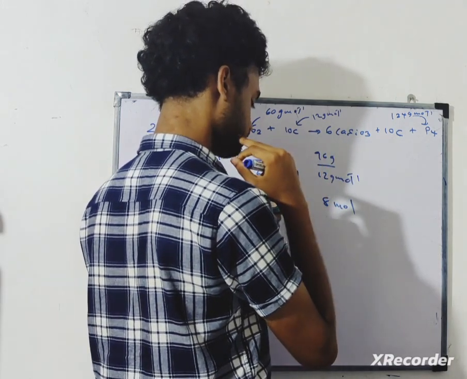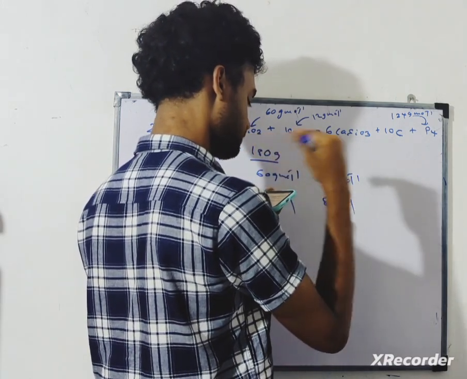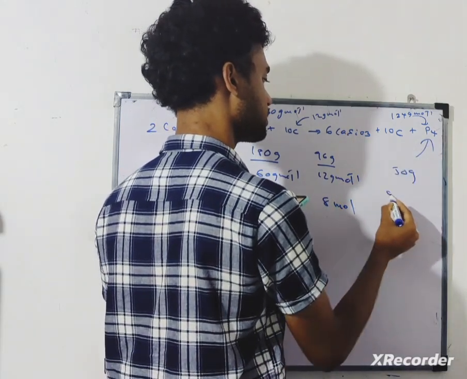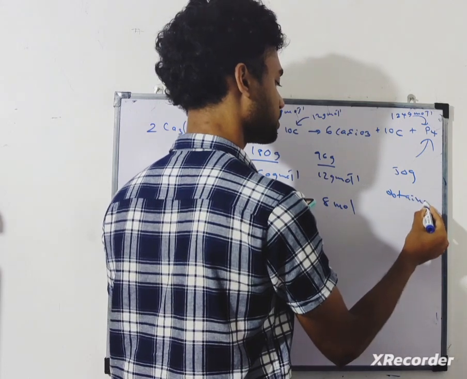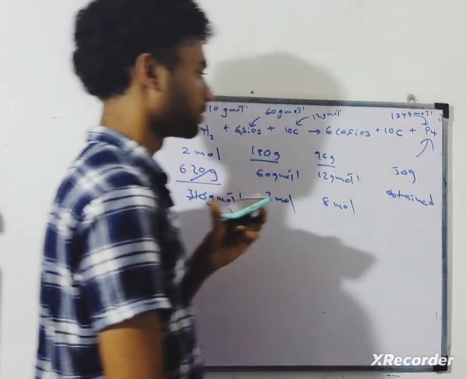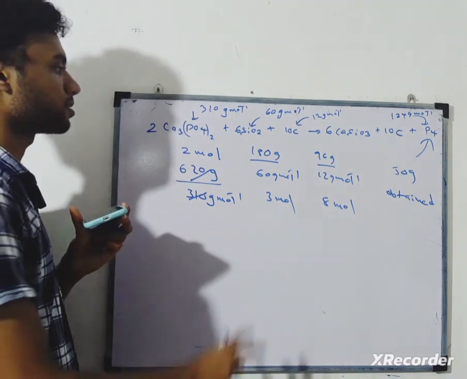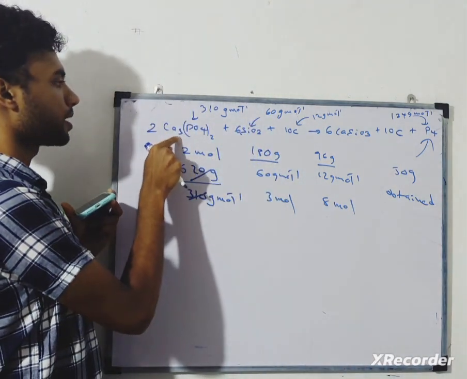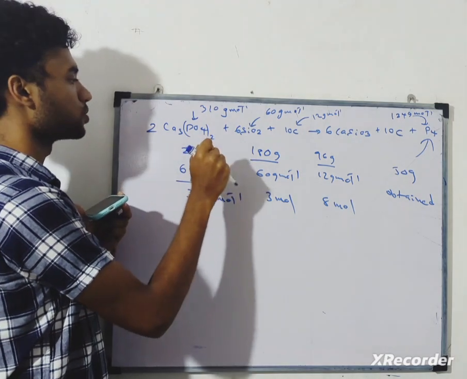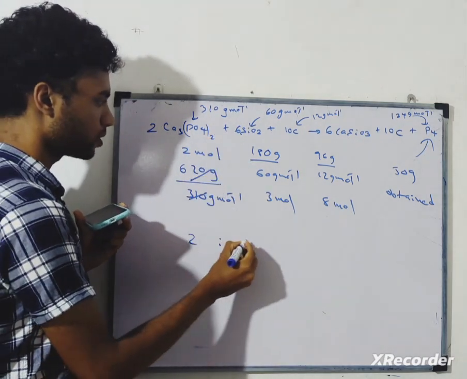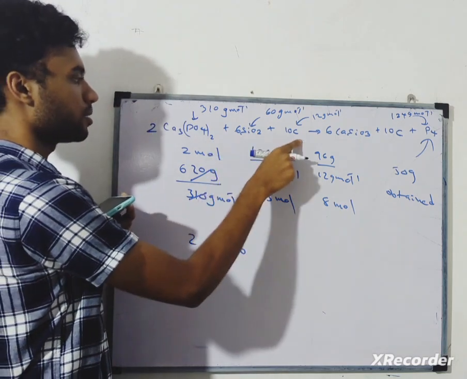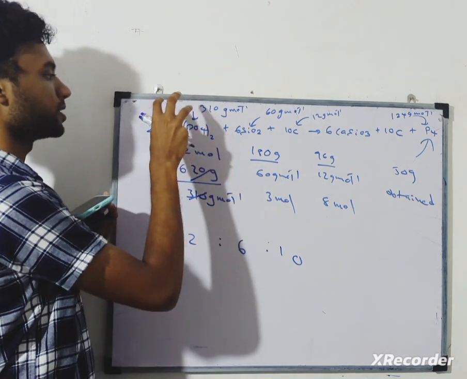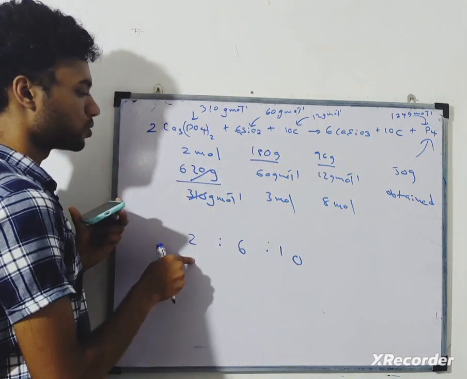P4. So they are saying 50 grams of P4 were obtained. Yeah, 50 grams obtained. Now let's look at this question very simply. The stoichiometry between calcium phosphate and silicon dioxide, SiO2, is 2:6. Silicon dioxide to carbon is 6:10. Therefore, the stoichiometric ratio between these three is